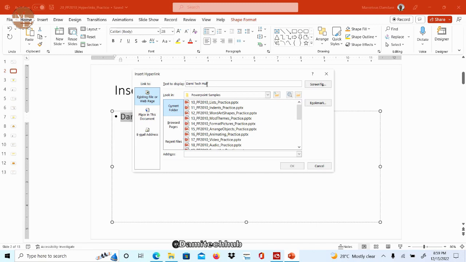So in the text to display, it's already showing my text, the one I highlighted earlier. So you come down, because this is selected already. You come down here and type your address. Now how do I get it? Let's say I don't have the address. I can just come